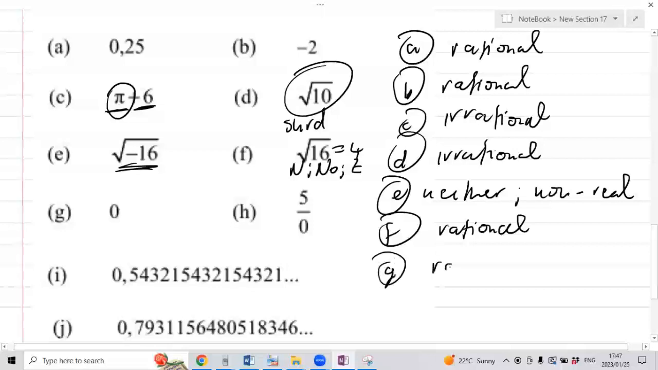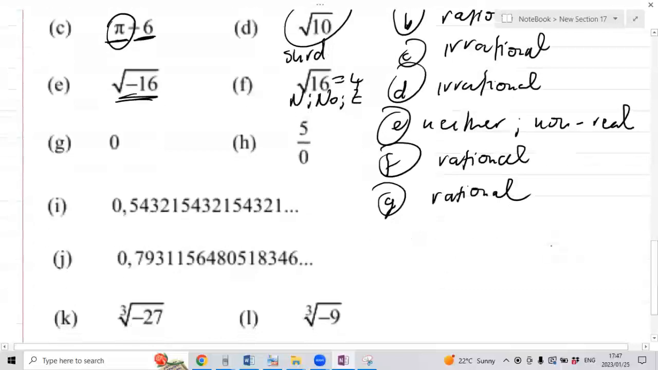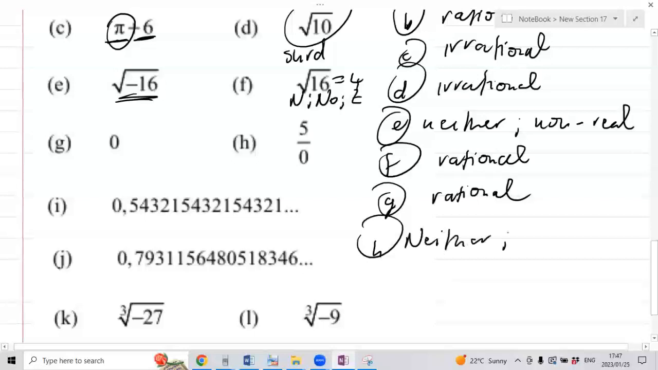G will be a rational number, that's an integer. 0 is an integer. H is neither because division by 0 is undefined. And I,